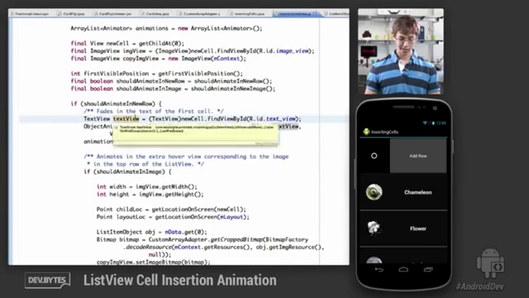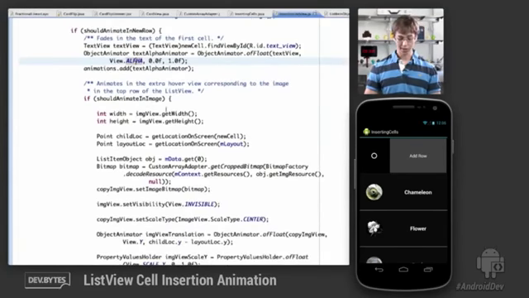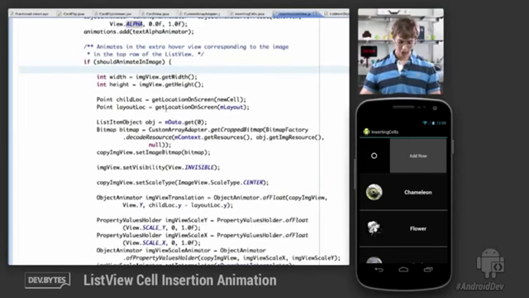When I'm animating a new row, one of the other things I do is animate the text associated with that cell, fading it in as it animates down. And in regard to the image, there's some math that I need to do to determine where it starts and where it has to end. But after all of that is done, all you need to know is that the image view in the cell has to be set to invisible while the animation is happening, while the copy image view has to be